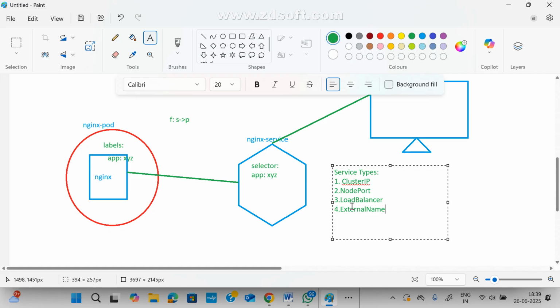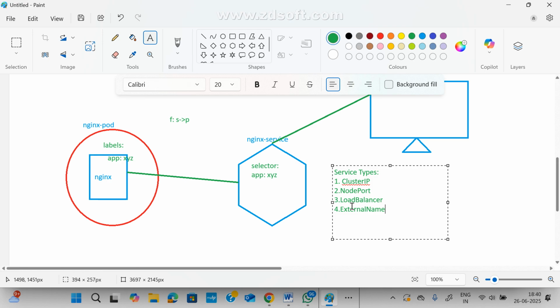You know Route 53, how many of you know? DNS, Route 53, AWS. With AWS and EKS, the external name is useful. We will get into it at least after the 10th day, after the 15th day. Cluster IP, NodePort, load balancer. Today, what I am going to use, according to my theory,